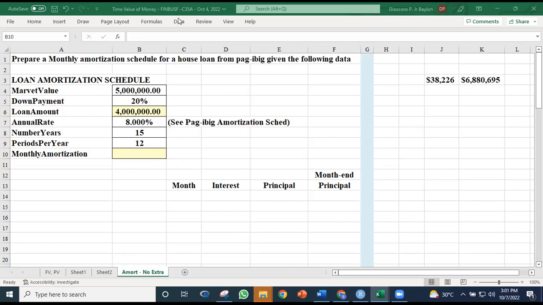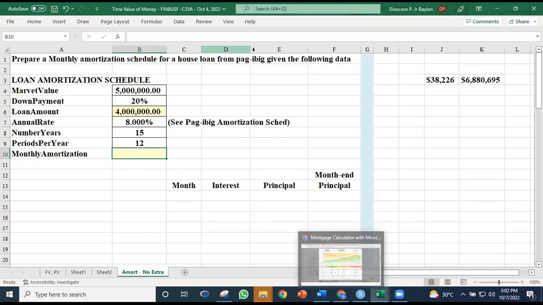Okay, kindly do that. What will be the function to use, class? Anyone? What will be the function to use? You should know that by now, class. Anyone, please? The function to use is